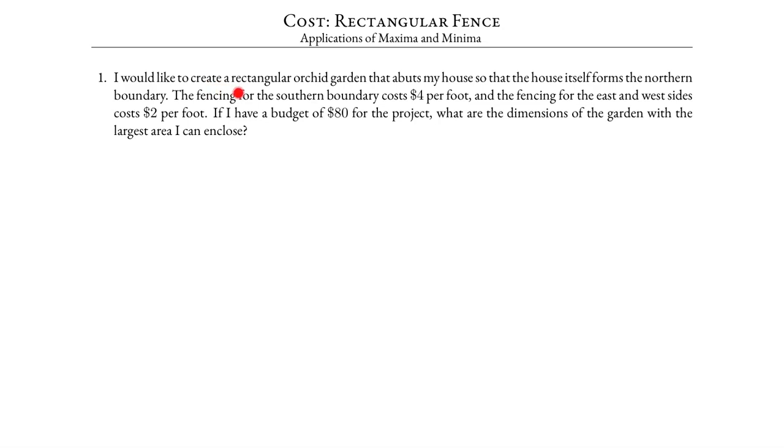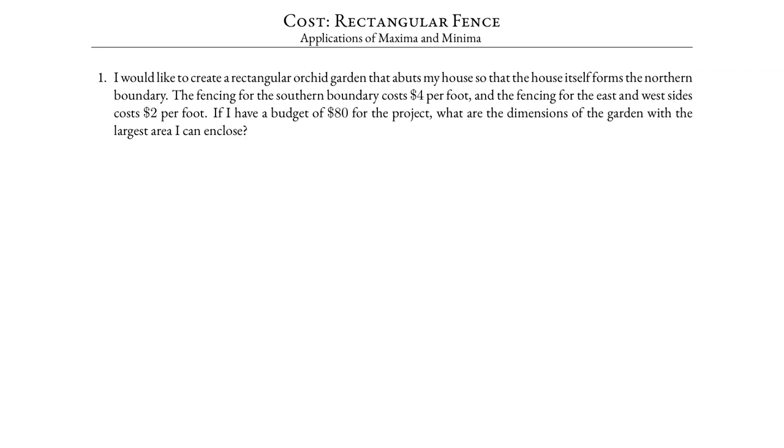I would like to create a rectangular orchid garden that abuts my house so that the house itself forms the northern boundary. The fencing for the southern boundary costs $4 per foot, and the fencing for the east and west sides costs $2 per foot. If I have a budget of $80 for the project, what are the dimensions of the garden with the largest